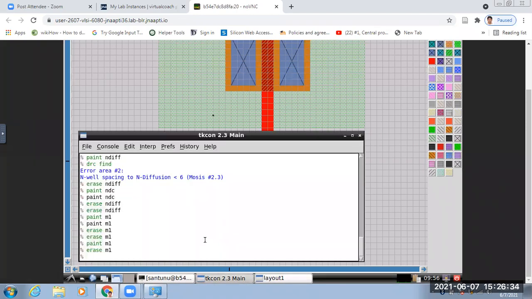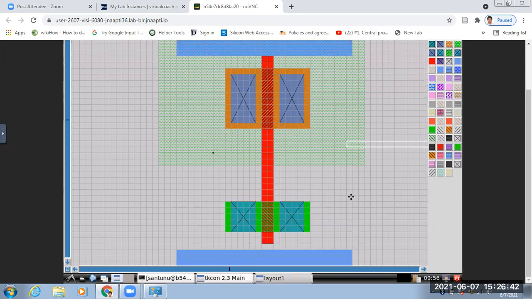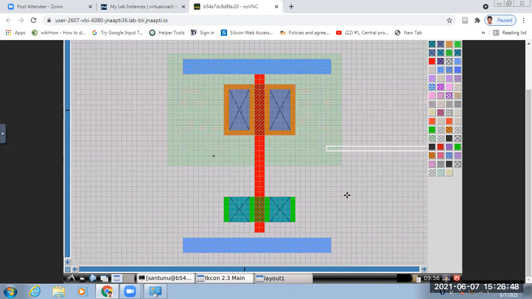So paint metal one. So now it's okay. This thing you can do also, not a problem.